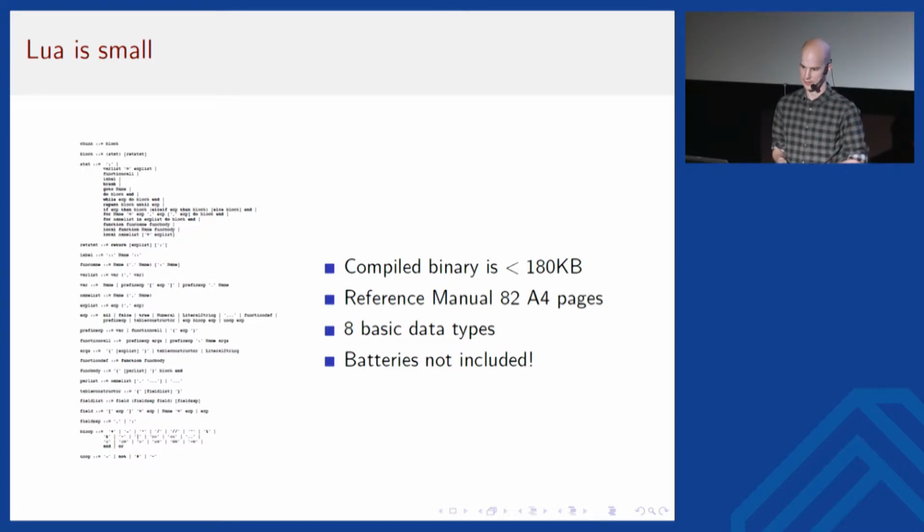There's only 8 basic data types in Lua. So from all of these numbers, you can probably guess that it's a very, very reduced set that ships with the language, sort of the opposite of what you would get with Python and its batteries included philosophy. Lua is very much batteries not included. It only includes the bare essentials and nothing more than that. And the point of this talk is sort of to convince you that this is not so much a limitation for Lua as it is a virtue.